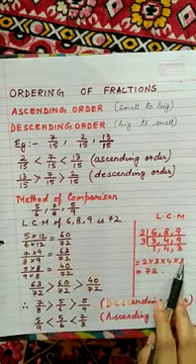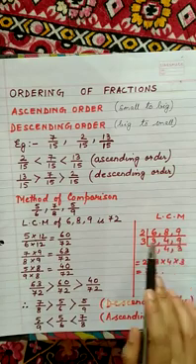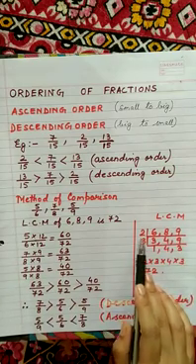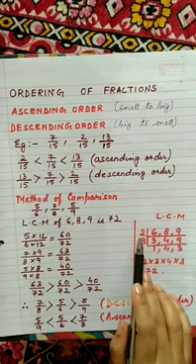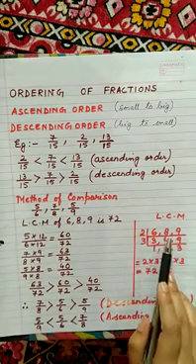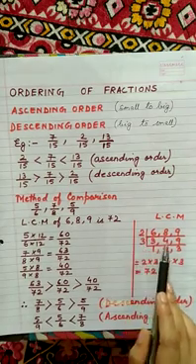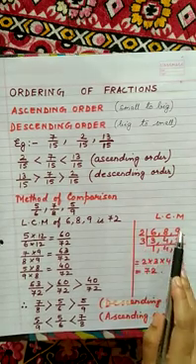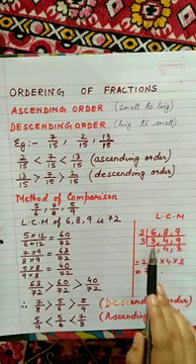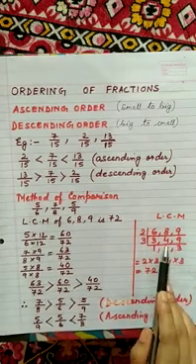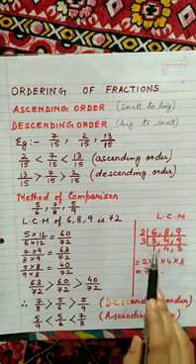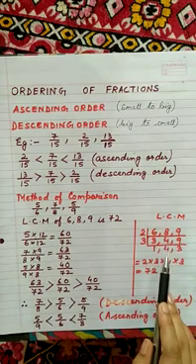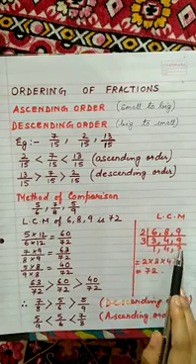How did we find the LCM here? 6, 8 and 9. We have to divide with a number that can at least divide 2 digits here. So if we take 2, it divides 6 and 8. 2 3s are 6, 2 4s are 8. 9 cannot be divided, so we bring it down. Only one digit can be divided by 2, so we shift to 3 now. 3 can divide 2 digits here. 3 ones are 3, 4 cannot be divided, we bring it down, 3 threes are 9.